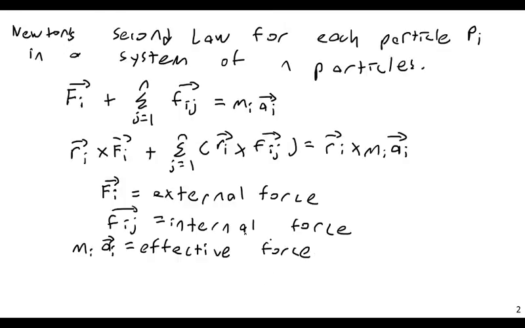So, again, capital Fi will be an external force, lowercase Fij will be an internal force, and miai will be the effective force, mass times acceleration. And so, fundamentally what I'm saying here is, if I draw this out graphically, if I have a system here, and again, I'm just considering some arbitrary particle Pi,